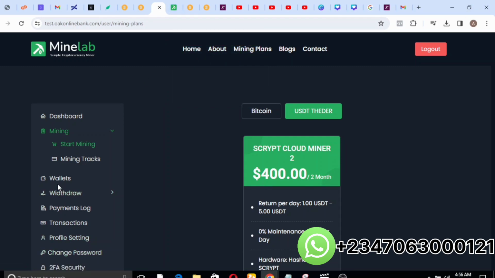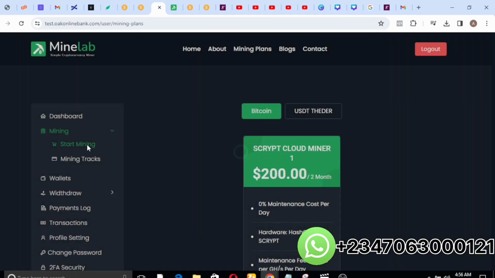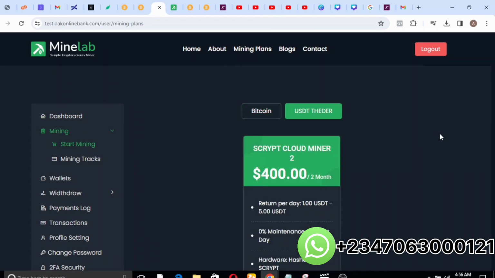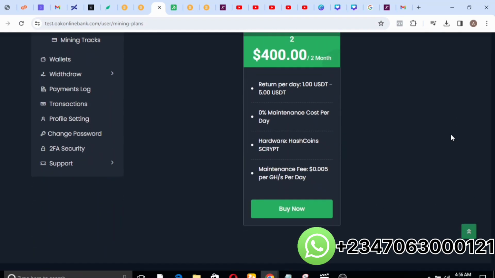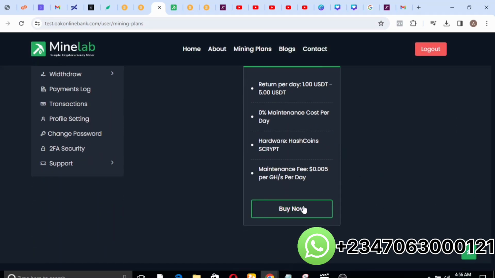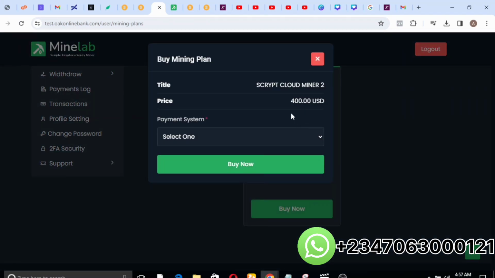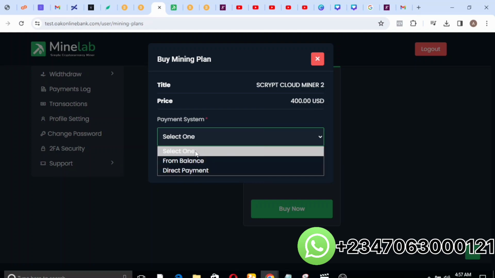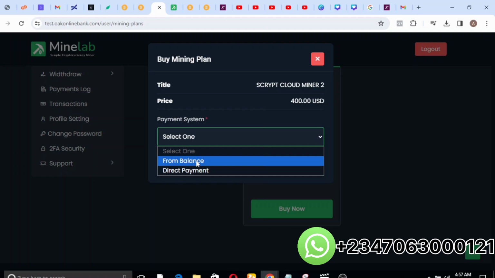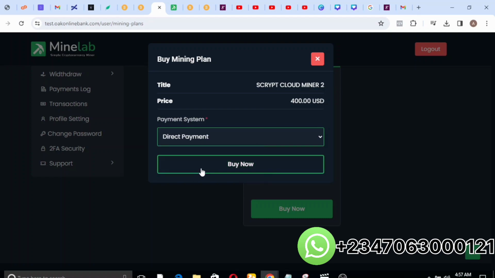Let's say you want to select a mining package right here. What you do is select USDT. This is the Tether, as you can see. What you then do is click on buy now. You can see this will cost us 400 USDT. Then we can select, let's say, direct payment. Then when we click on buy,